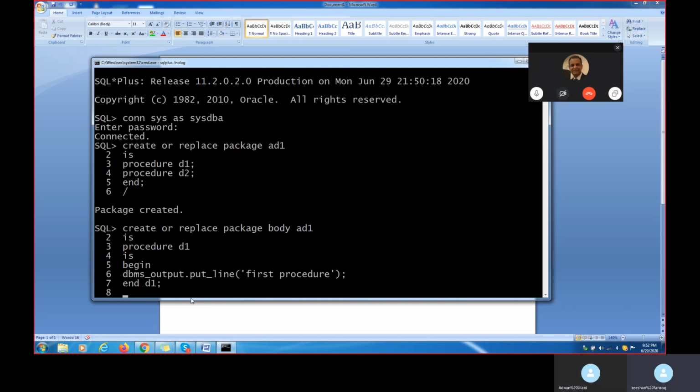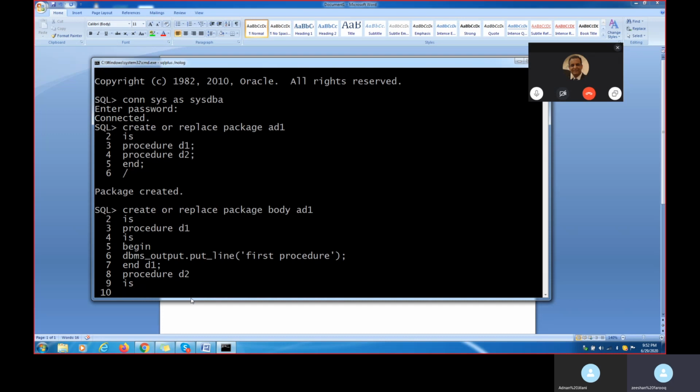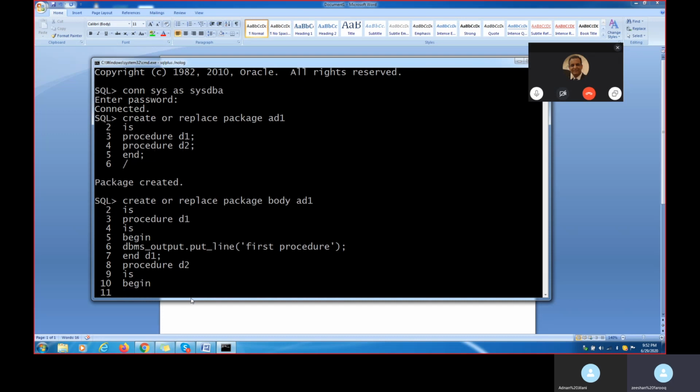Then I'm opening one more procedure, D2. Same thing: procedure D2 is, again begin, and again dbms_output.put_line with the text second procedure.